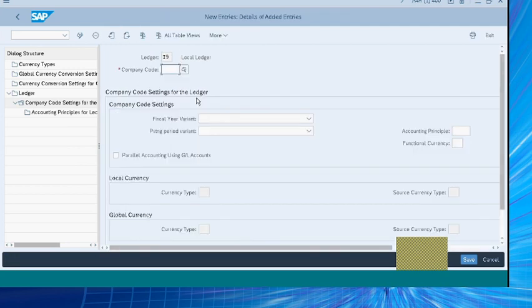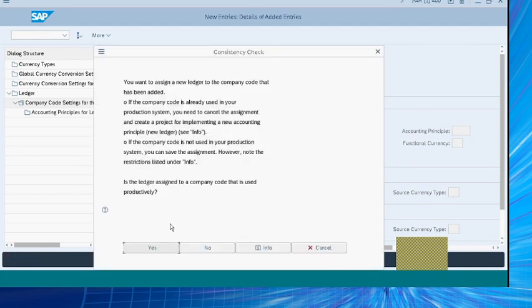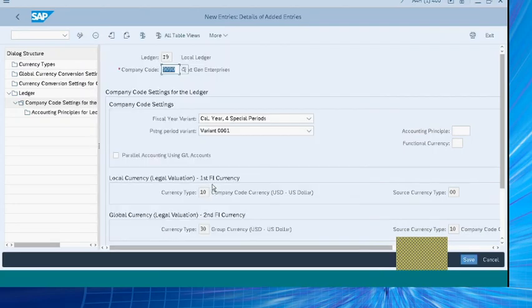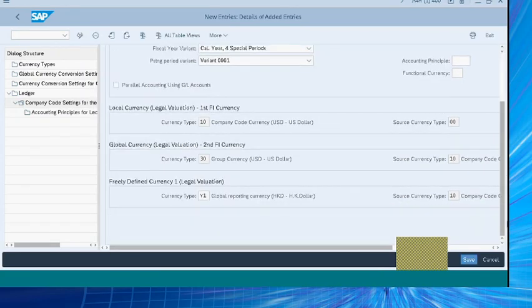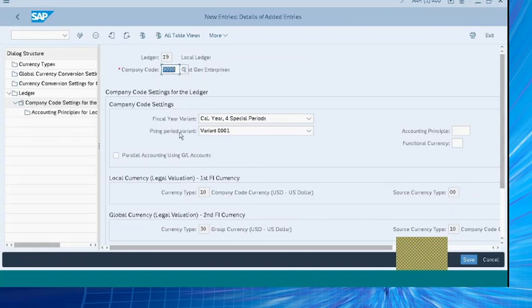You should be very careful with this if your system is already live. So here we are assuming that we are just setting up the system, and so I'm kind of ignoring the warning messages. So here you can see that fiscal year variant and posting period variant can both be changed in this parallel ledger. So now we'll save this, and now our settings are done.